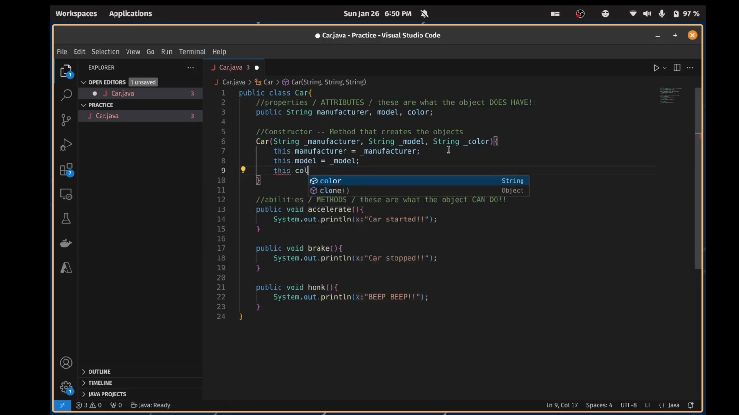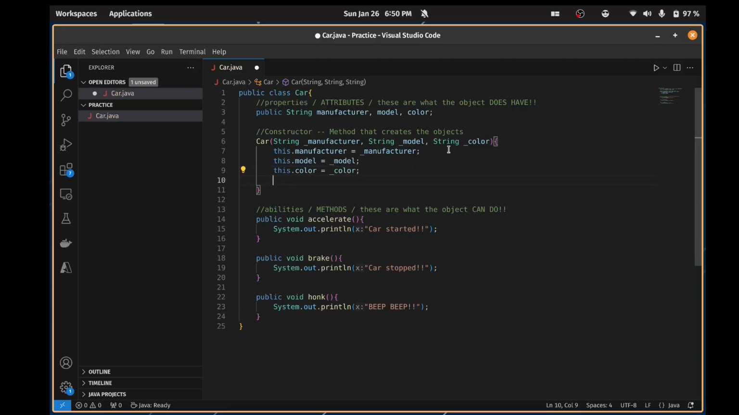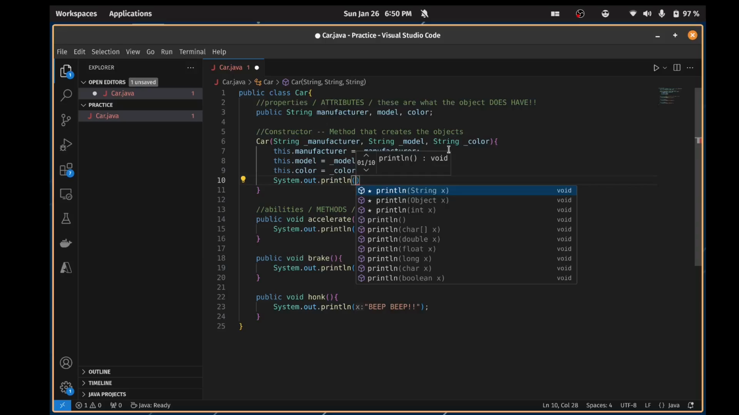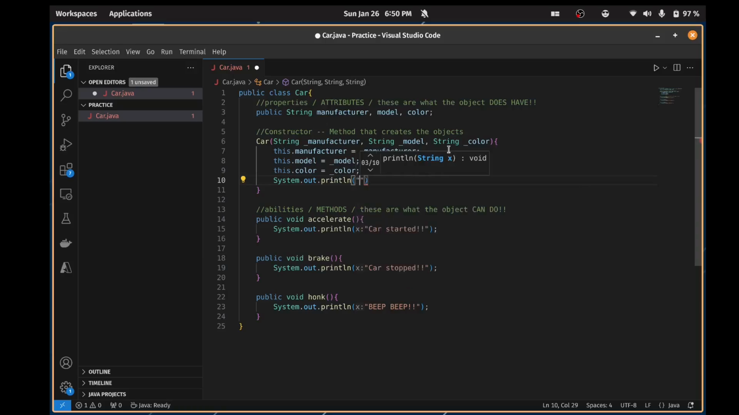This dot color would be whatever color the user is passing. And when you are done, this step is optional, but if you really want to show that the object has been created, just type in system.out.println and say that, hey, your car has been created, just like this, maybe